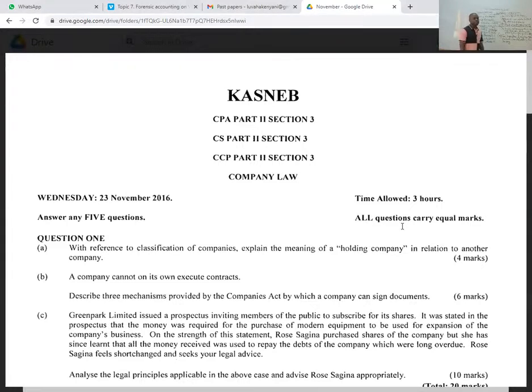So a holding company, I think those who have done financial reporting, I think all of you are doing financial reporting, you've come across what is a holding company. Under the topic known as consolidation, you'll be told that there are things like a holding company, then there's a subsidiary when it acquires 50%, and there's another one like an associate. So what we mean by a holding company, you can simply say a holding company is a company